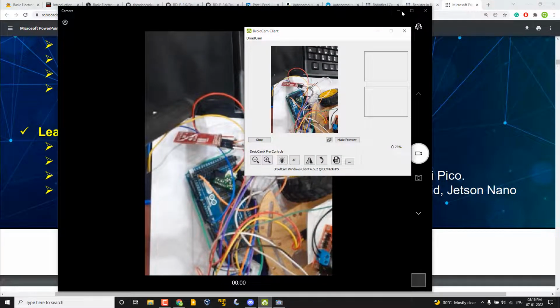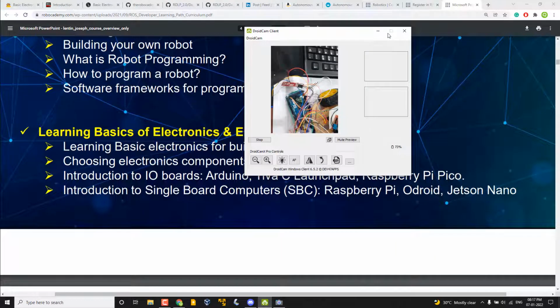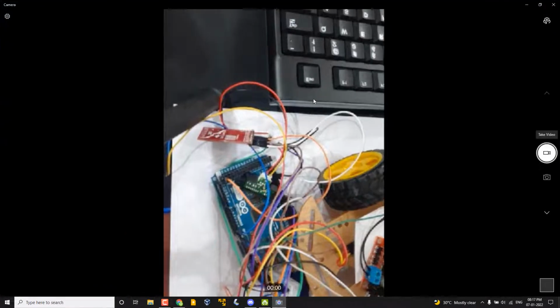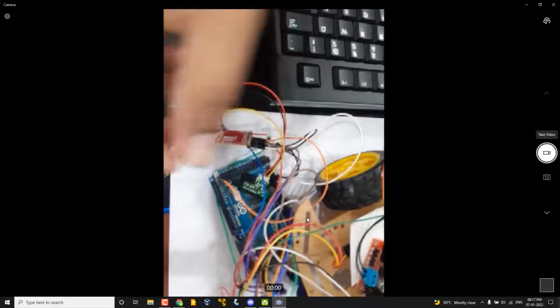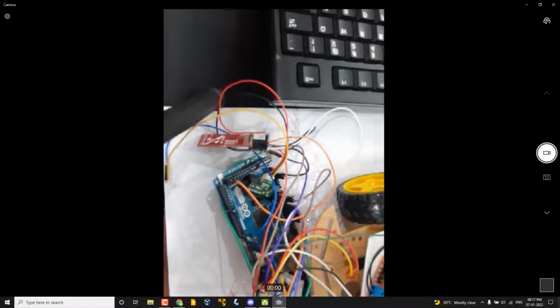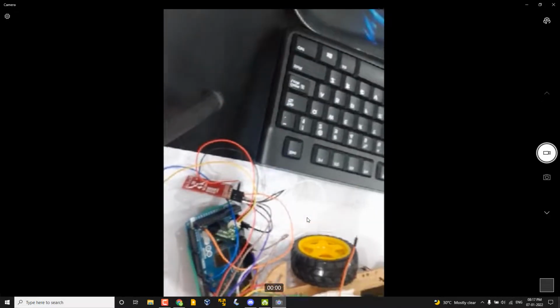I think now it's much better. I think you can see some part of the robot. It's a very basic robot. Maybe I can move the camera,